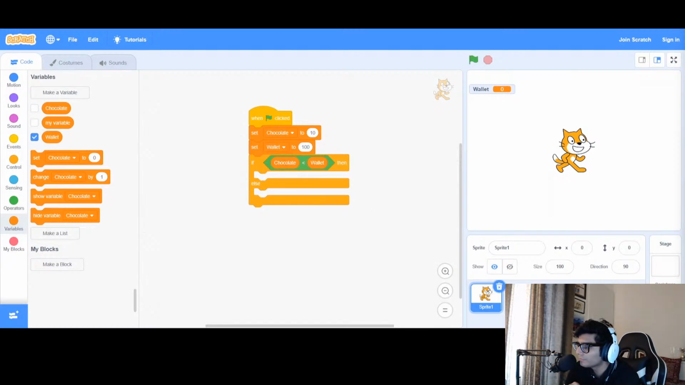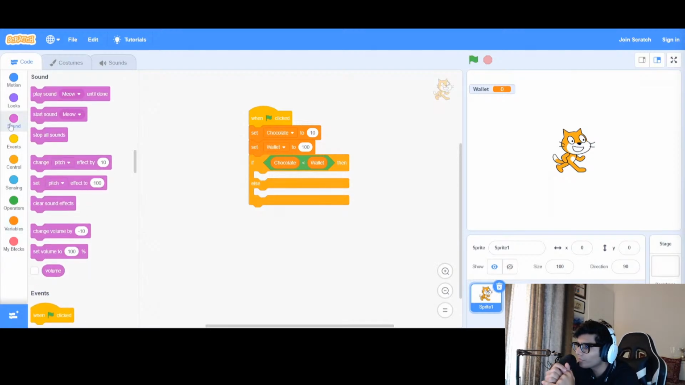अब मेरे को बताओ, एक बड़ा लॉजिकल क्वेश्चन है कि अगर चॉकलेट का प्राइस वॉलेट से कम होगा तो हम क्या करेंगे? अगर चॉकलेट का प्राइस वॉलेट से कम होगा तो हम खरीद लेंगे। और हमारा एम क्या था कि इससे बुलवाना है कि हम खरीद लेंगे, इस बिल्ली को रियलाइज करवाना है। तो हम जाते हैं साउंड पे।